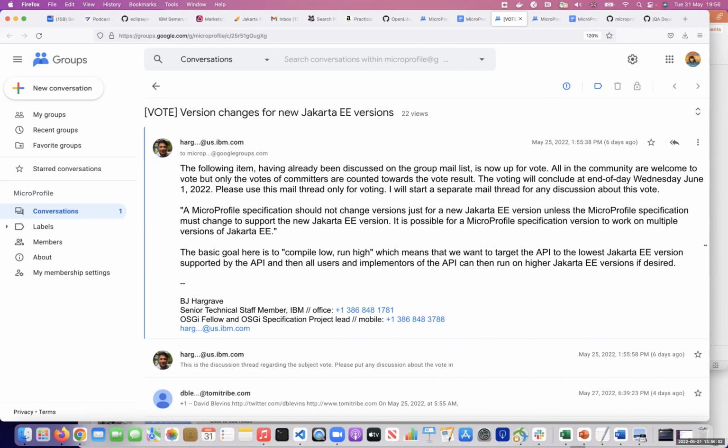have more options. But clearly, if a MicroProfile specification is going to take advantage of some new feature in an upstream Jakarta EE specification, then of course it should increase its requirements on that Jakarta EE specification. But that should be when it's needed, not just because it can be done. Right. So which means